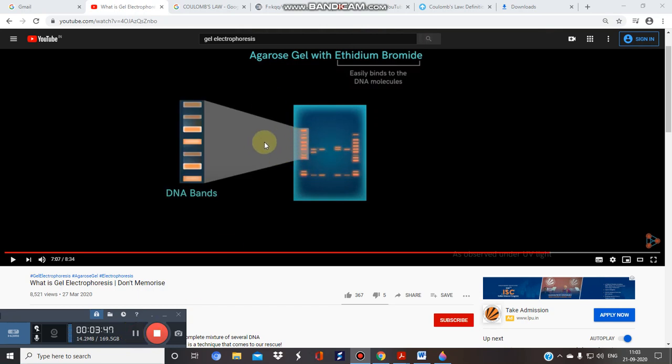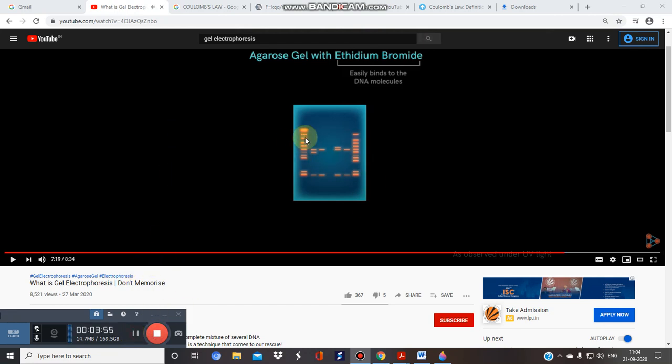And these orange fragments are the DNA bands, and they are arranged as per their size. We know the larger molecules of DNA move slowly, whereas the smaller molecules of DNA move fast. So we will find the location. Suppose this is your path, and the larger molecules you will find at this point. This is the larger molecule, it will move slow, and these are the smaller molecules, they move fast. Very simple.